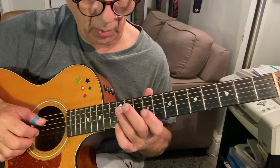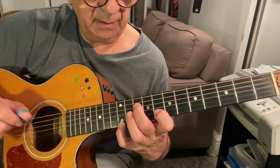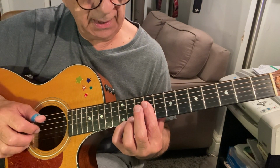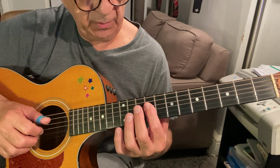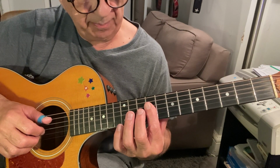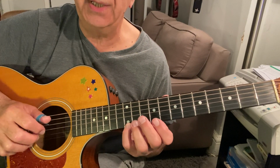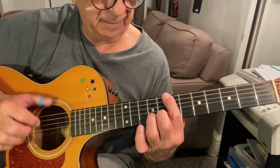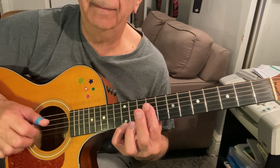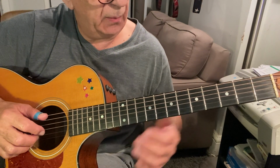So these are partial chords, right? So I've got E7, A, C, and then I'm gonna bar, I'm gonna play this note in the root, right, at the 9th fret. I'm gonna bar the 9th fret, the D, G, and B strings, and the E string at the 9th fret, and then play this E on top. So that note stays there the whole time. Okay, then the next part,